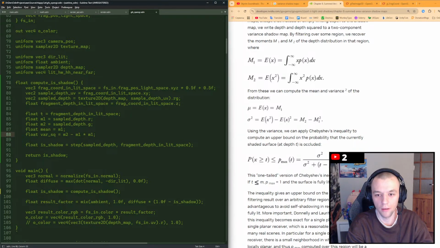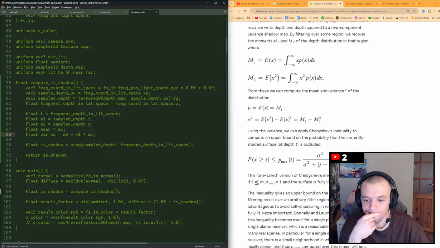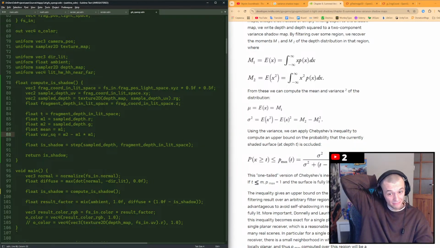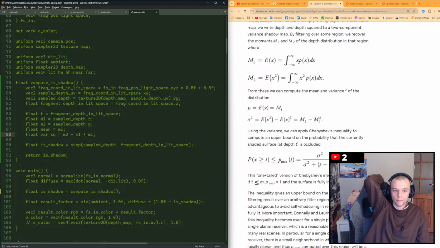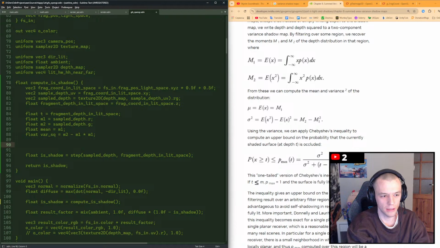Okay. Let's say float is shadow equal to variance squared divided by